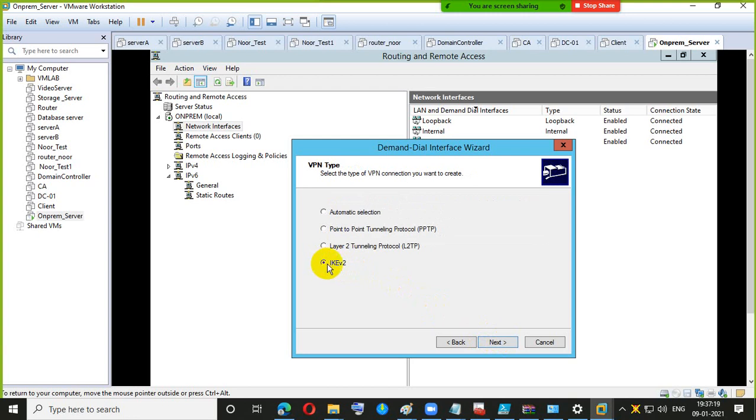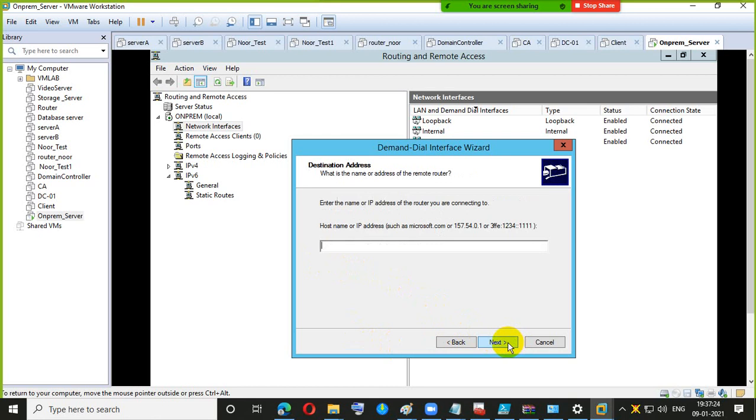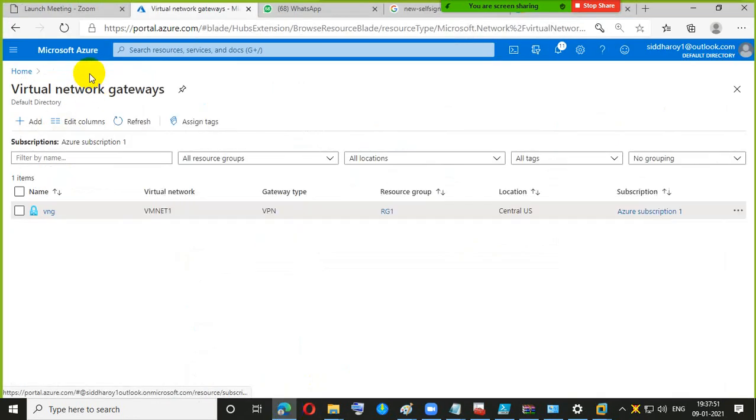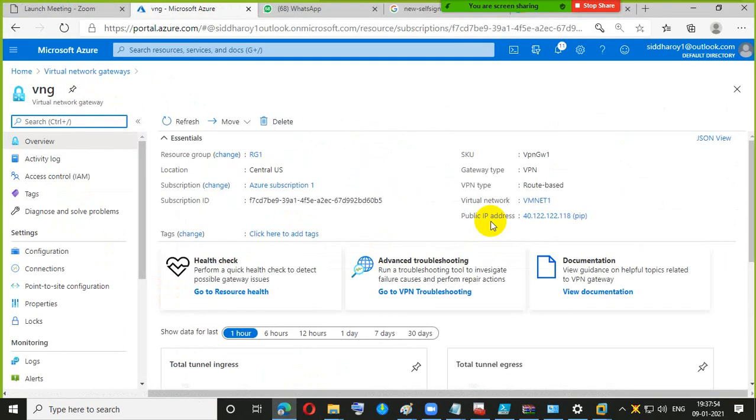Okay, so here enter the name or IP address of the router you are connecting to. So this is my virtual network gateway, its IP address, whatever it is, that I have to put here. So again I have to go to the virtual network gateway, and this is my IP address.